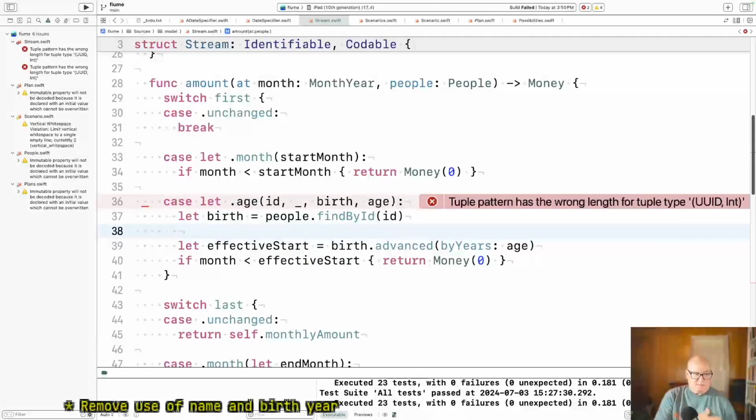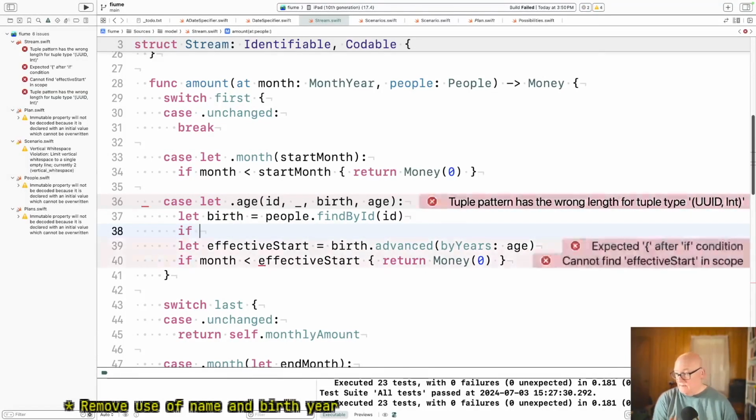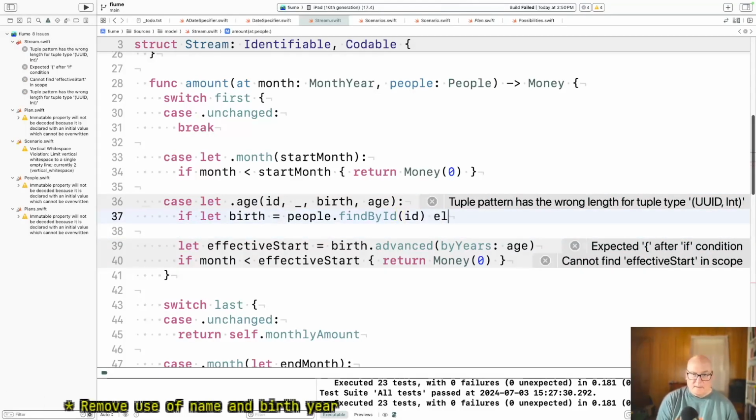Okay, let me keep straight in my head. We're refactoring because we've got functionality that we're trying to match exactly. So if the ID is not found, maybe an if let would be better here. If let birth equals that, else return money of 0.